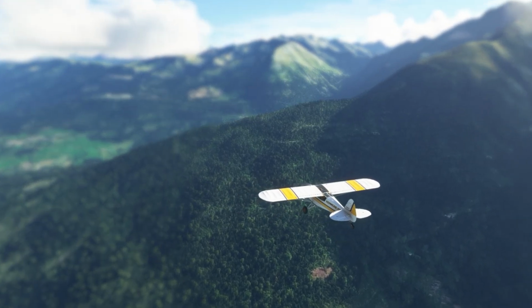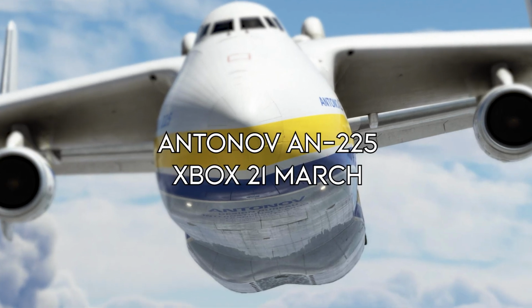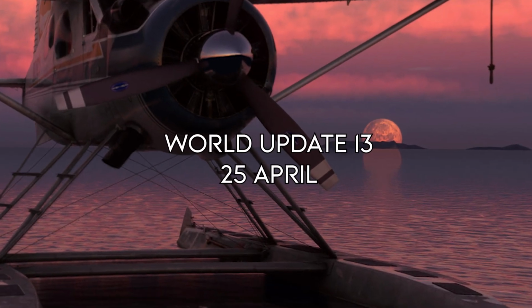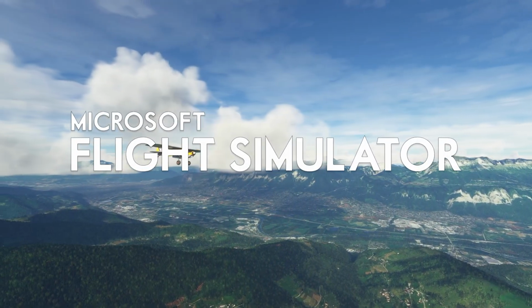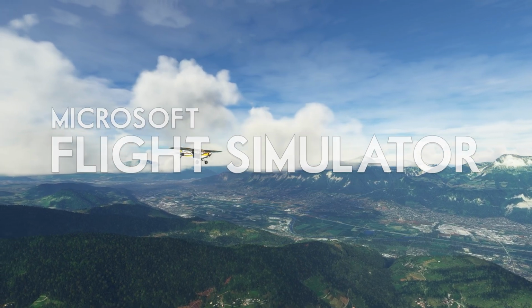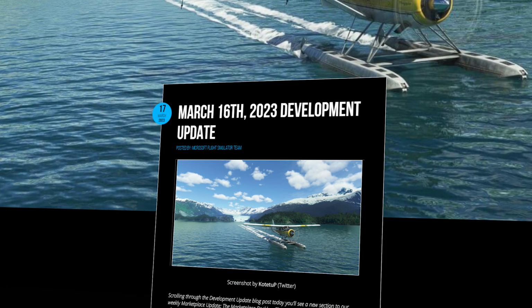Development on Microsoft Flight Simulator keeps moving forward with plenty to look forward to. Sim Update 12 is now just a few weeks out, the Antonov An-225 is heading to Xbox, and World Update 13 is scheduled for next month. Plus, there's also the regular flight sim news, so let's jump in and look at that, starting with the latest